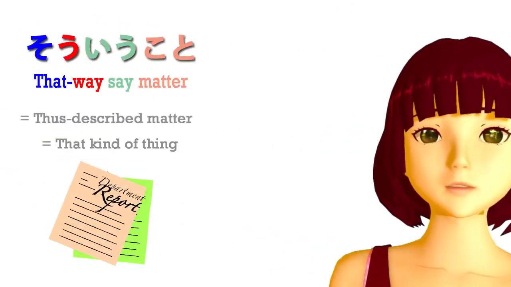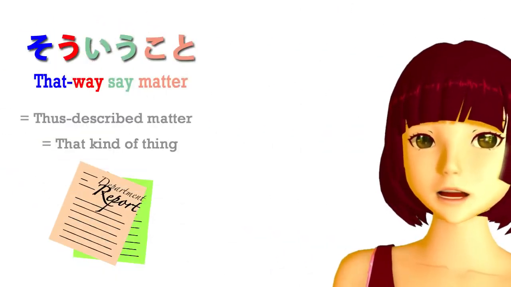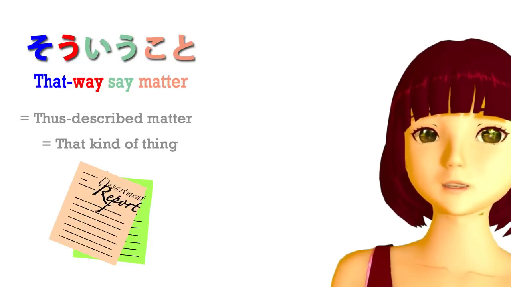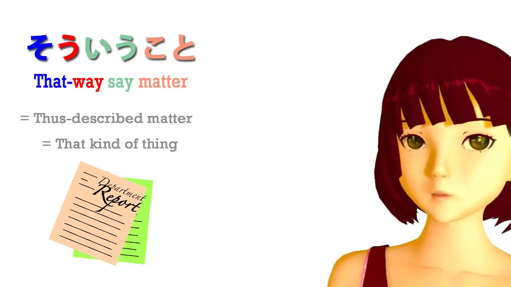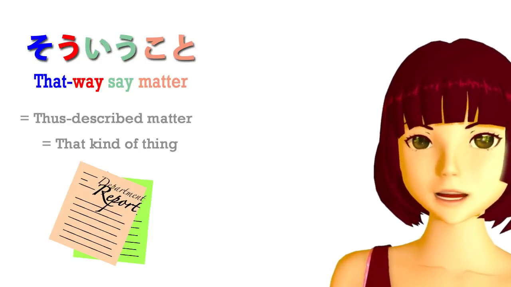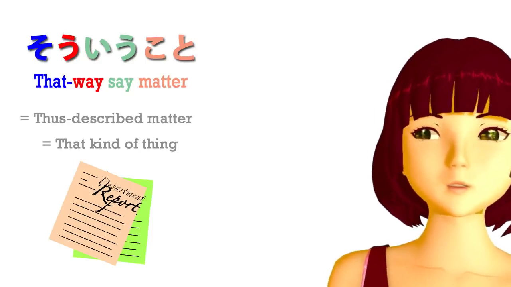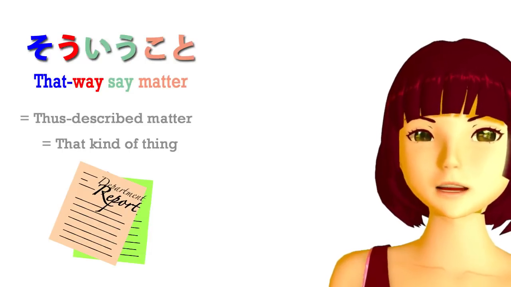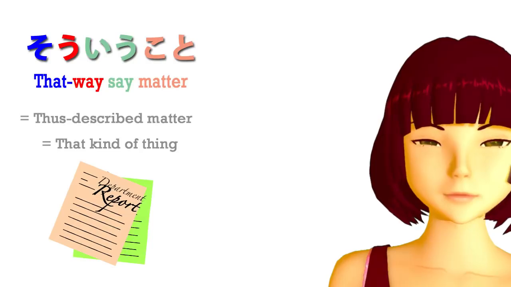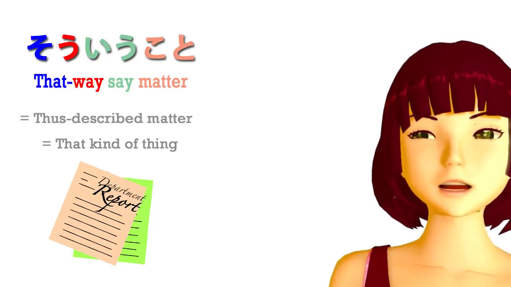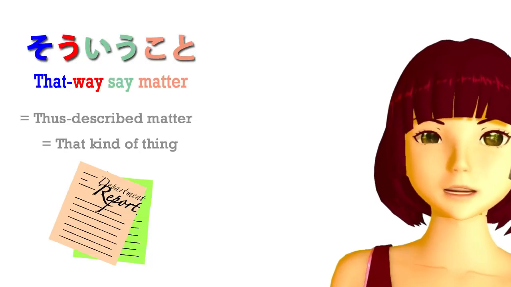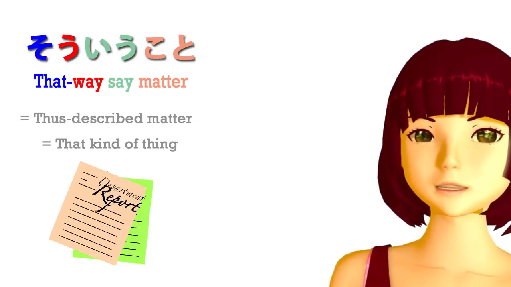So what do we mean? We say so you koto, the thing of that kind. Ko you koto, the thing of this kind. Do you koto, what kind of a thing? Why do we mean what kind of a thing? This kind of a thing, that kind of a thing, what kind of a thing? What we're actually saying is how said thing, how said circumstance, how said condition. In other words, in what way do we describe this condition? What kind of a description does this circumstance or condition have?